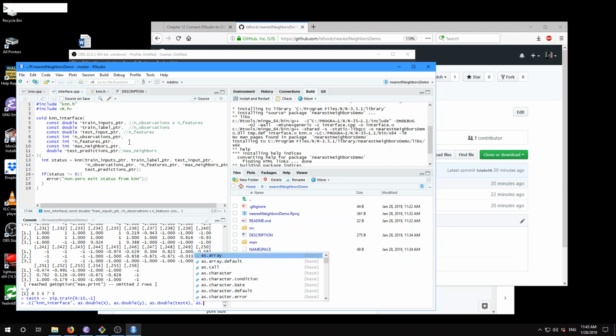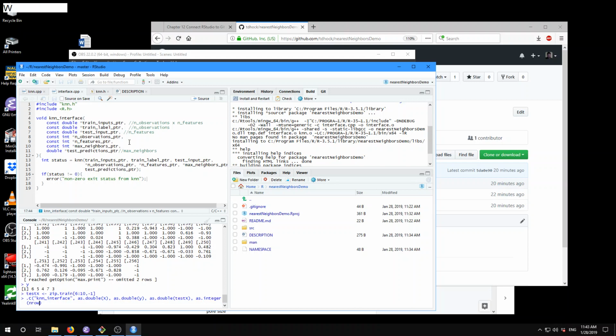So that's going to be as.integer nrow x, as.integer ncol x, and then